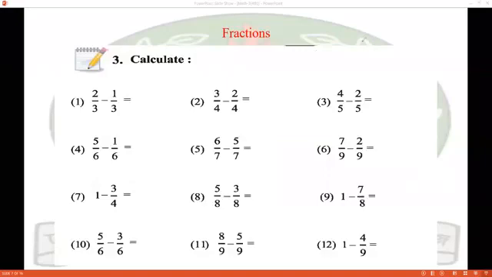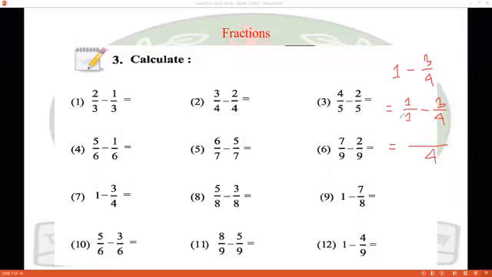Today, solve the number 7. You see that number 7, there is a whole integer 1 minus 3 by 4. In this way, you have to imagine this is 1 by 1. 1 by 1, that means 1. Minus 3 by 4. So we can write the common LCD, that means the common denominator in the result will be 4.